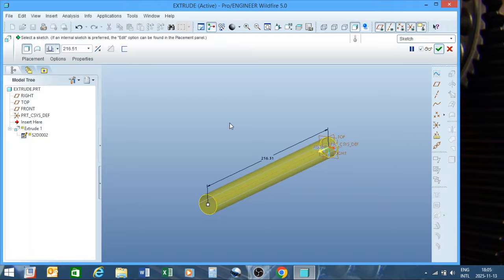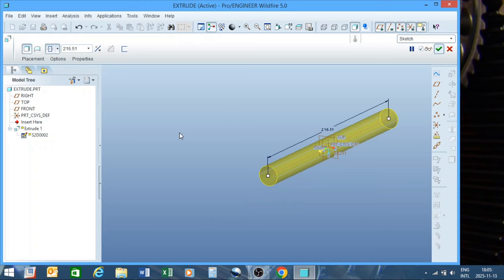This is the reason I don't like it, because you can edit the sketch afterwards, but it causes a bit of an issue sometimes with your other features. So I don't prefer doing it like this, but you can. So then, as I've said before, I like to do things symmetrical. Let's do 100,